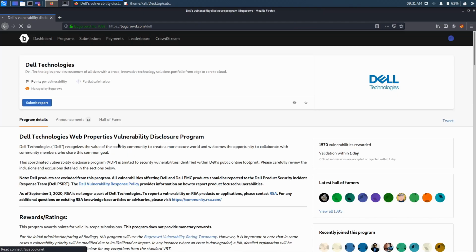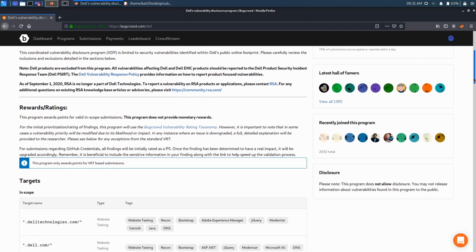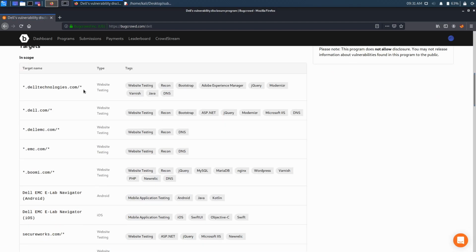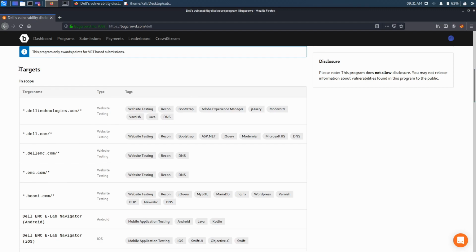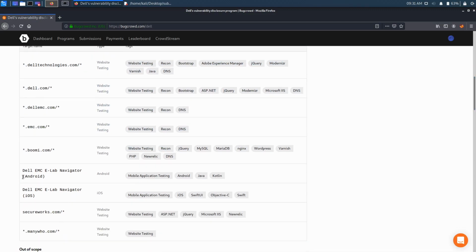You can now see the Dell Technologies program details, and this program only offers Bugcrowd points for reporting a bug. You can also be part of the Hall of Fame in the Dell Vulnerability Disclosure program if you report a bug. You can now see the target websites which are in scope. These include Dell Technologies, Dell EMC, Boomi and SecureWorks, and many more.